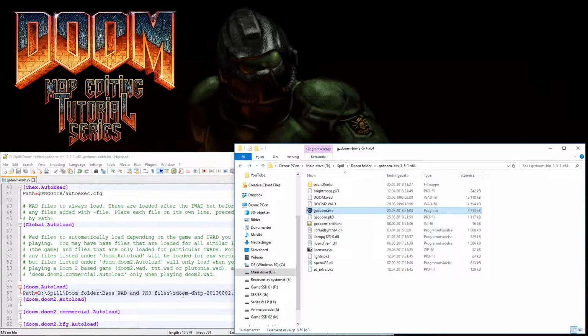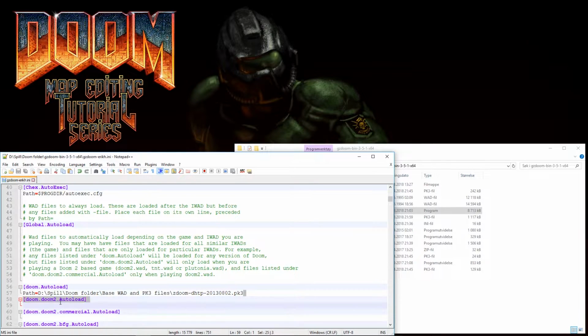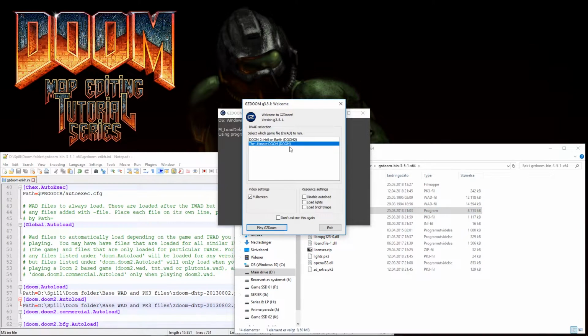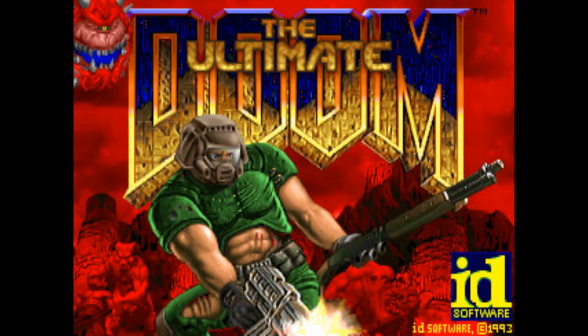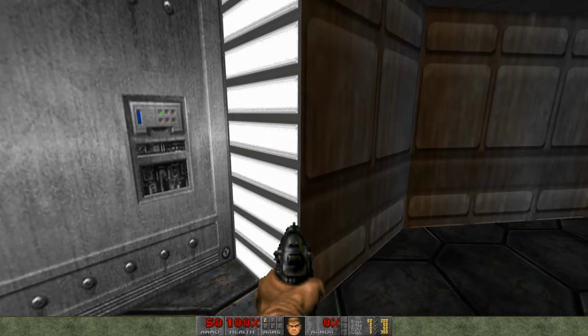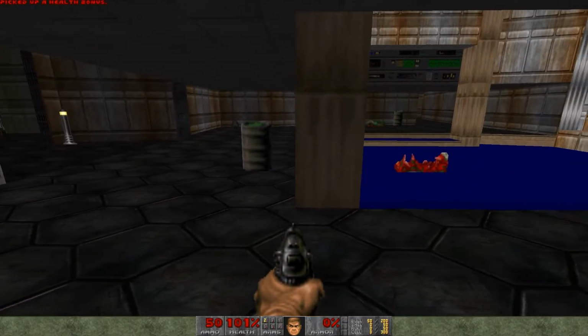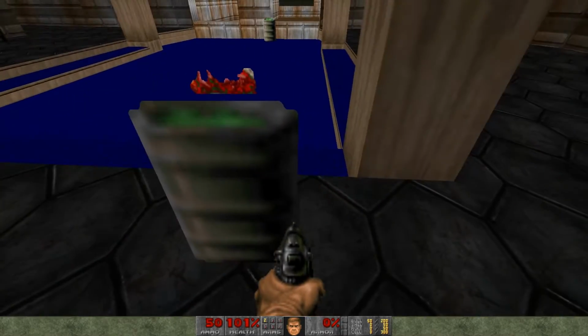I'm just going to add these textures. It applies to both, so it doesn't matter if I choose this or that. Let's just start it. Fancy new textures, or better textures at least. Clashes a bit with sprite models, but